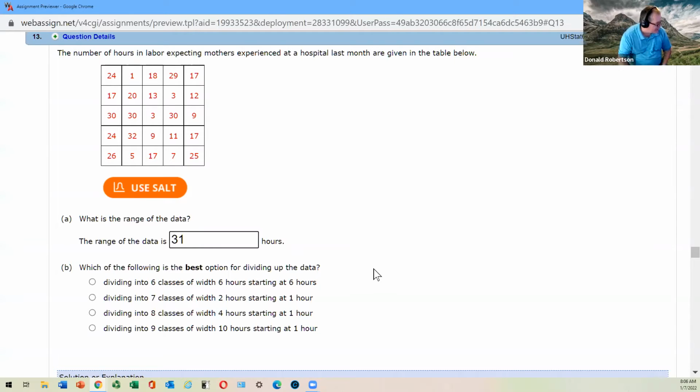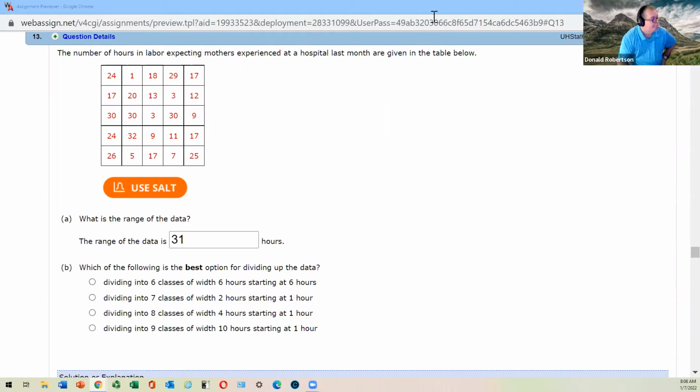And they give us 4 choices. For instance, you could do the groups in 6 hours, like 1 to 7 and 7 to 13 and so on. Or you could do it in 2s and 4s and 10s. So I'm going to hit